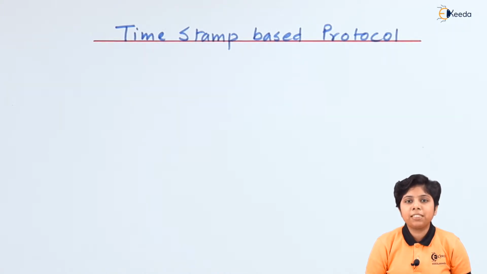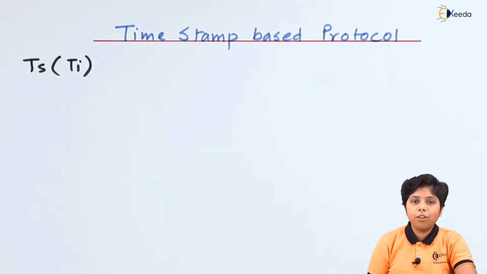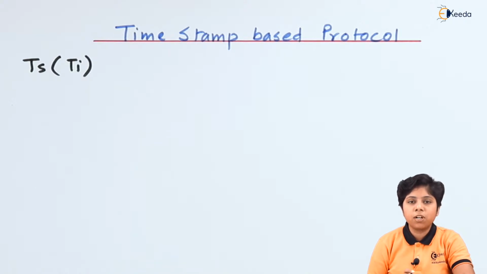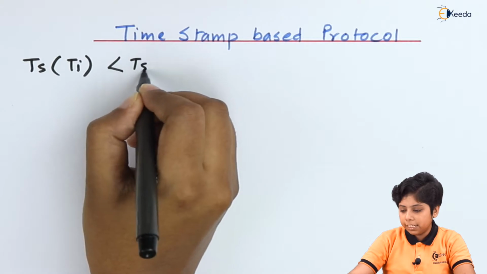Now, the timestamp means, for data access on any item, what time it is taken by a transaction. That is what we introduce as the timestamp of the transaction. The timestamp of a transaction is generally defined by the access time on a data item by that transaction, and it is written as TS of the transaction name. So if we write TS(TI), that means the timestamp of transaction TI on a particular data item. Now if we write TS(TI) is less than TS(TJ),